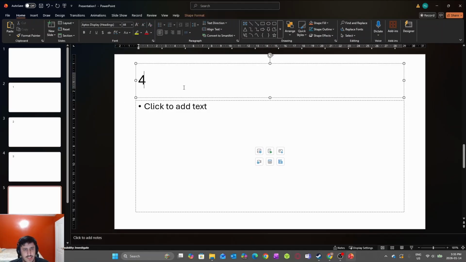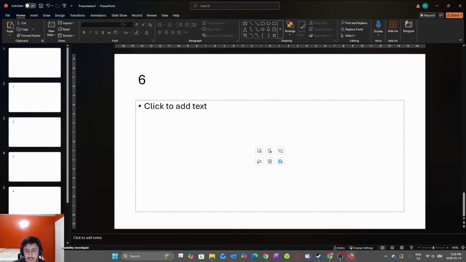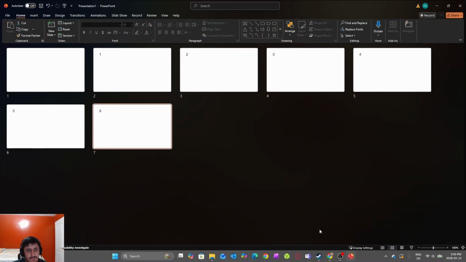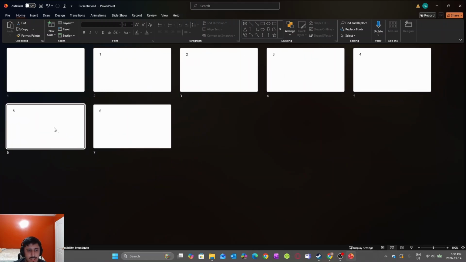So to an extent, you can sort of see the numbers. Now if we switch, look at that, right? So this probably gives you a better idea of how the slide sorter works. So we can see a zoomed out version of all of our slides, right? And of course we can rearrange if we need to, but this is the main appeal